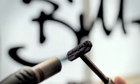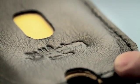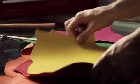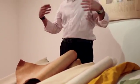I started Bill Amberg's studio in 1984, and we've been making everything you can possibly imagine in leather ever since. Leather is a really extraordinary material. As far as I'm concerned, it's endlessly fascinating. Any skin can be turned into leather. You remove all the fat and the protein from between the fibres of the skin, and you end up with